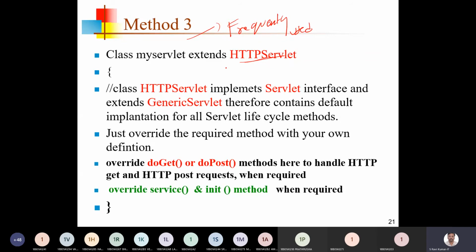Okay, so we use the third method frequently. So what is this third method? Your class extends from HttpServlet. And this HttpServlet has the lifecycle methods along with the service method, and it also consists of the doGet method and the doPost method.